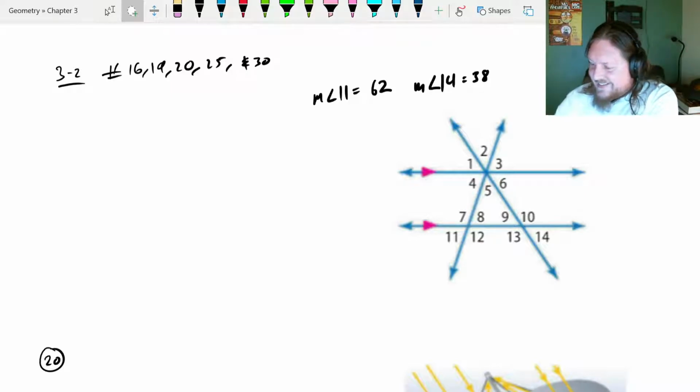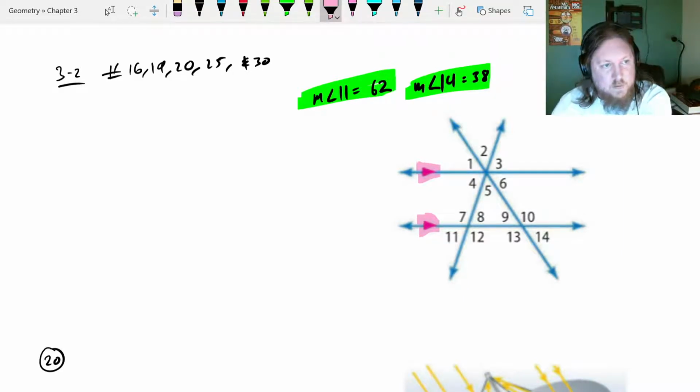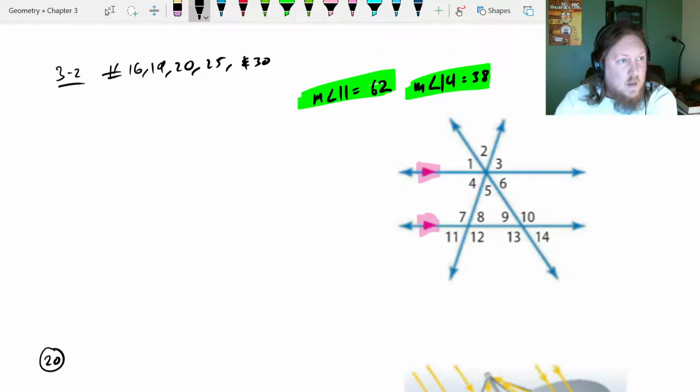For both 16 and 19, and all the ones in this section, 11 through 19, there's two key pieces of information you have to get from the directions. And that is that the measure of angle 11 is 62, and that the measure of angle 14 is 38. You also need to pay very close attention and notice that these two horizontal lines here are parallel to each other. The other two lines are just going to be transversals based on whatever angle you happen to be looking at. Now, number 16